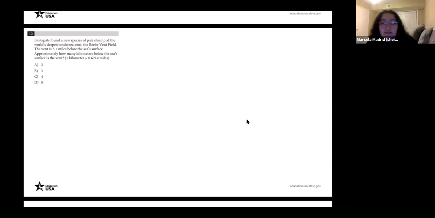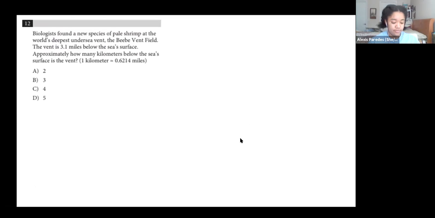So for number 12, it seems like we all got A. For this one, the event is 3.1 miles below the sea surface, and you are trying to convert that into kilometers, which is my favorite thing ever. The way that I remember doing this in chemistry, but I forget the square thing I would do, so I'm just going to do it like,